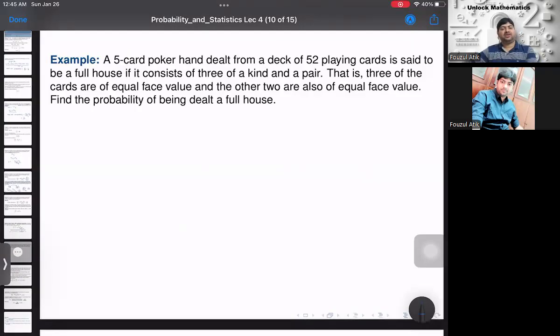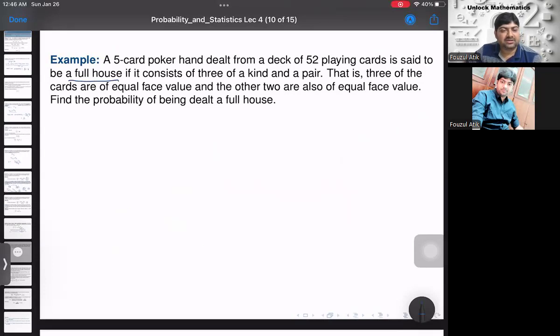Find the probability of being dealt a full house. So basically, you have a standard deck of 52 cards. From there, you have to select 5 cards, and a set of 5 cards is said to be a full house